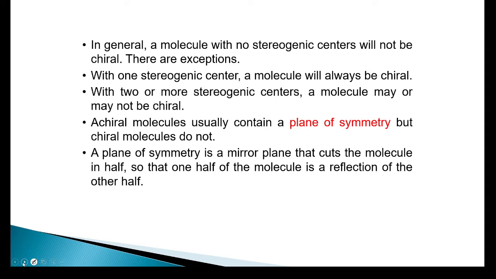If we have two or more stereogenic centers, I could be chiral, I could not be chiral. It all depends. I'd have to actually draw out my mirror images and take a look. If I want to narrow it down, let's say we look at the stereogenic centers and we have multiple, and I want to know if it's achiral or chiral without drawing out the mirror image, well, I can look at it, and if my molecule contains a plane of symmetry, meaning I could cut it in half equally,